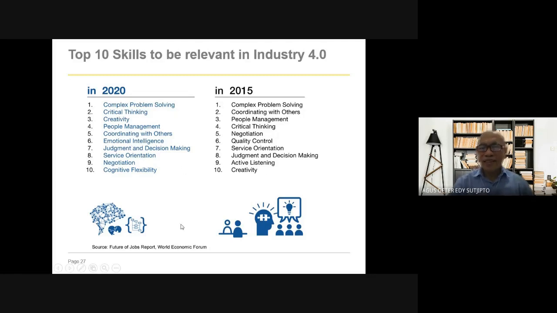So we should not just listen to others, but we should be active by ourselves, because everything is at hand. You can search by yourself, all of the information is there. So this is the changing of skills year by year that are relevant to Industry 4.0.